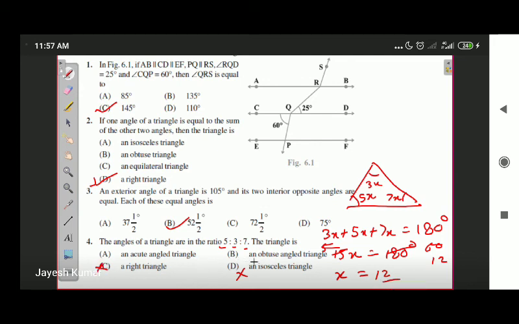It can either be an obtuse angle triangle or an acute angle triangle. So how am I going to identify it? One way is to multiply 3 with x, 5 with x and 7 with x and see whether any angle is obtuse or not. Or another way is you can multiply the highest ratio with 12, that is 7x. 7 2s are 14, 7 1s are 7, 8. 84 is an angle that is less than 90 degrees. That means the other two angles are also going to be less than 90 degrees. So therefore it is an acute angle triangle.